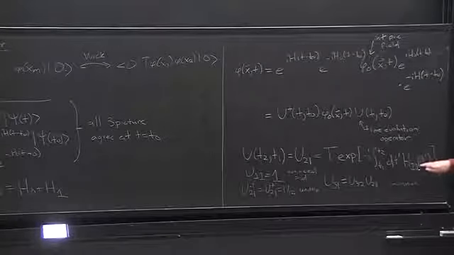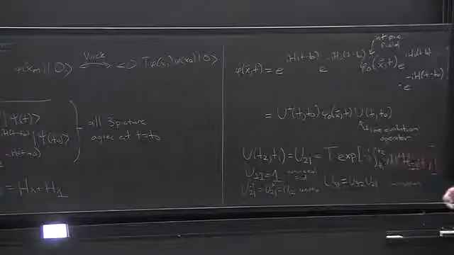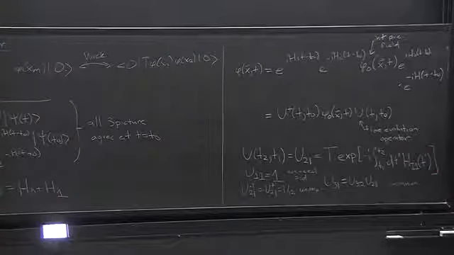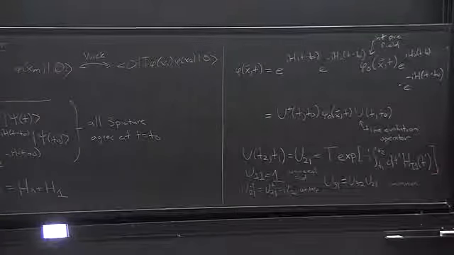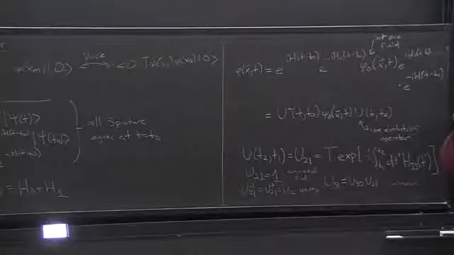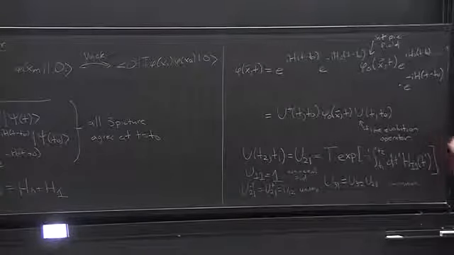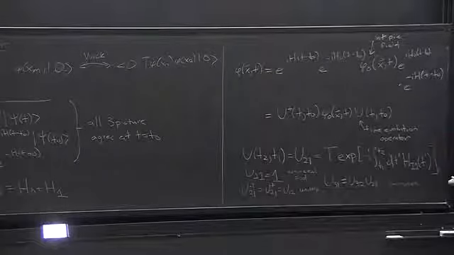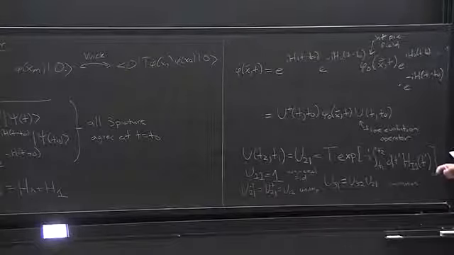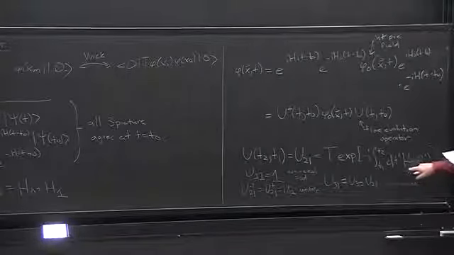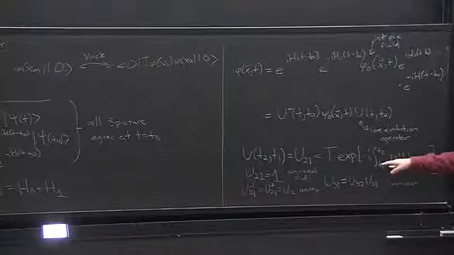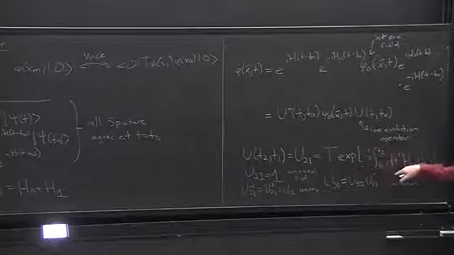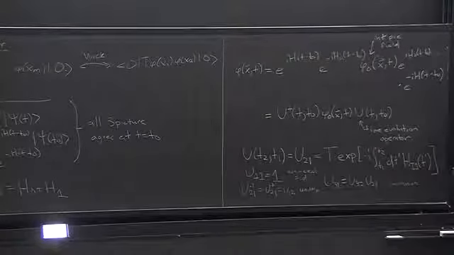If we're thinking about an integral as a limit of a sum, we're doing that sum in a particular order. Or, more explicitly, if we're Taylor expanding this out to second order, that tells us something about